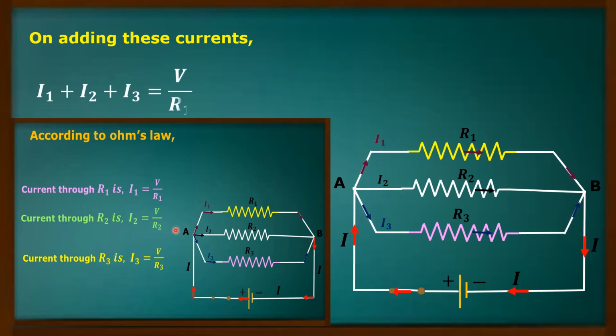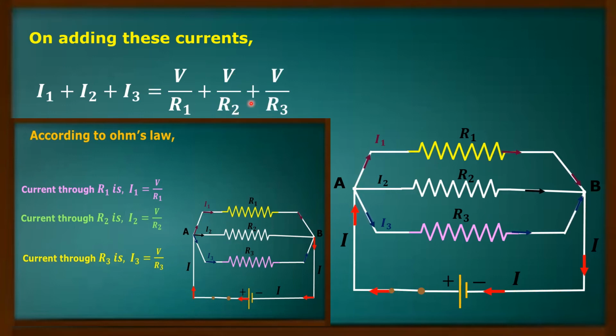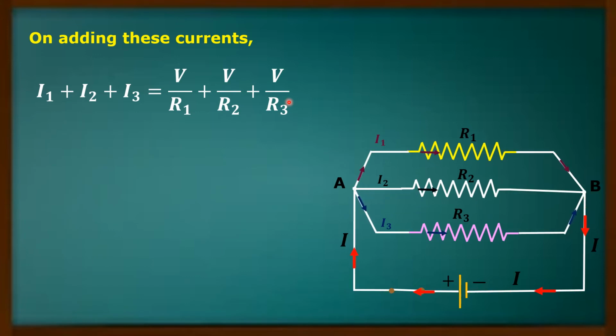I1 plus I2 plus I3 is equal to V by R1 plus V by R2 plus V by R3. Okay. Now, I am going to remove all these three resistors. In place of them, I will connect a single resistor between A and B whose resistance is equal to the given three resistors. That means if I remove these three resistors, if I connect a single resistor, the same current